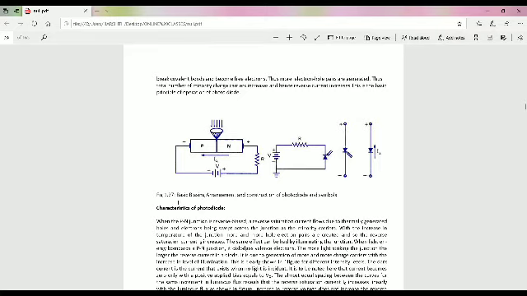Due to this bombarding, valence electrons are dislodged from the covalent bonds and become free electrons. Thus, more electron-hole pairs are generated, and the total number of minority charge carriers increases. So charge carriers increase and hence reverse current flows. This is the basic principle of operation of the photodiode.